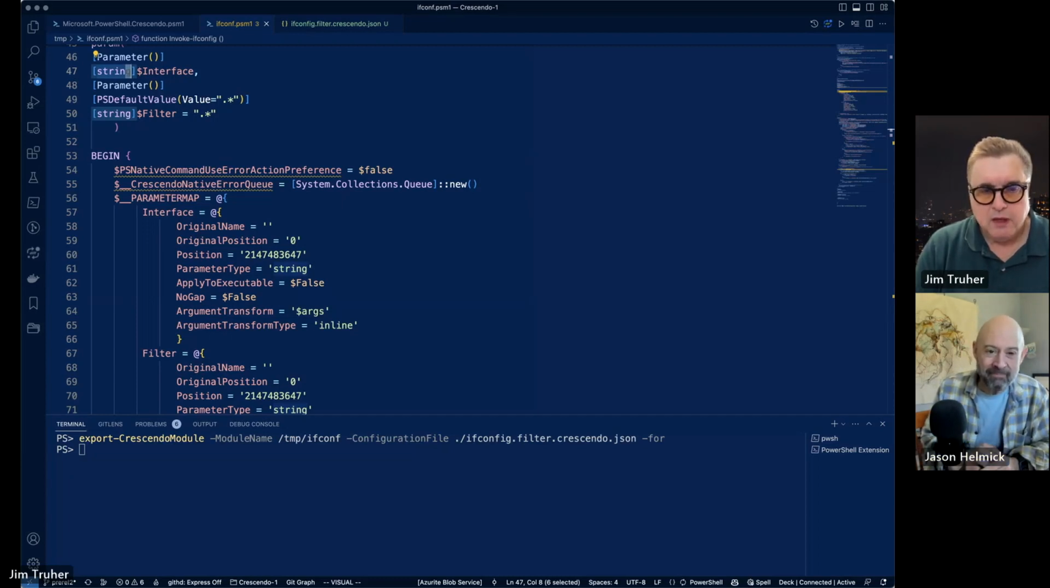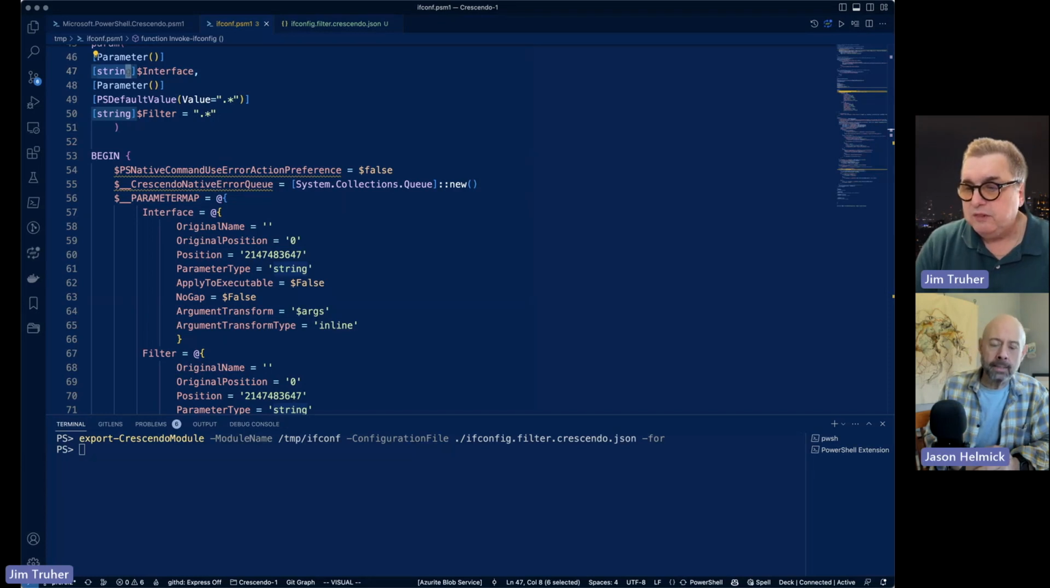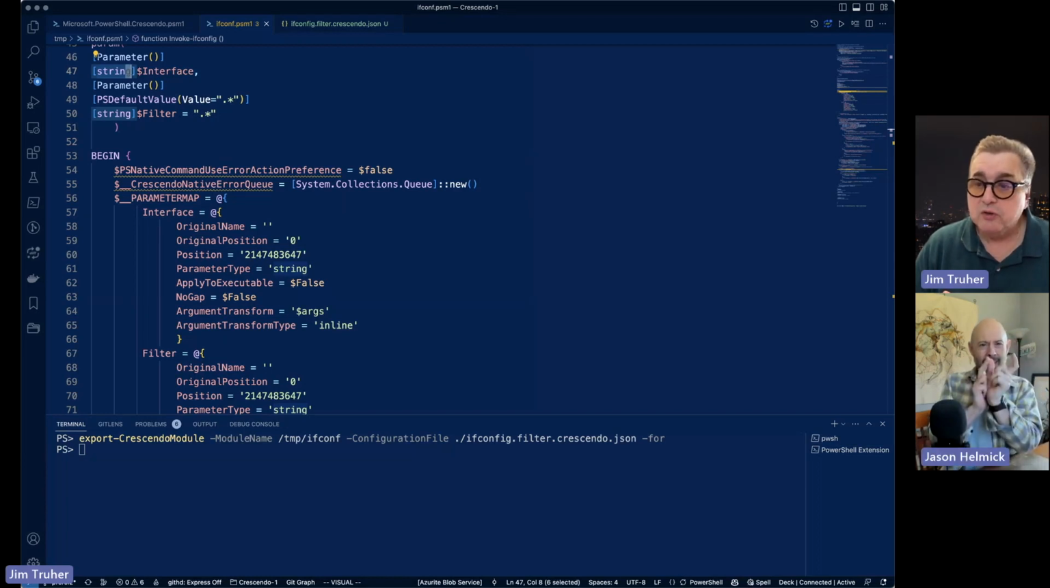That's cool. The other interesting thing that's in the parameter map is this thing called no gap. What that means is it takes the parameter name and the parameter value and puts them together without any spaces. It puts them together as a single argument. And why would you do that? Well,